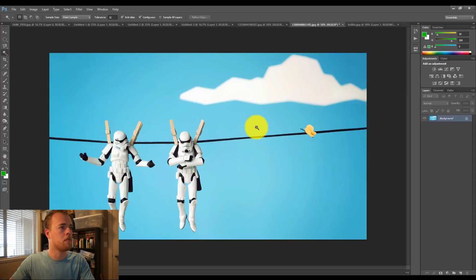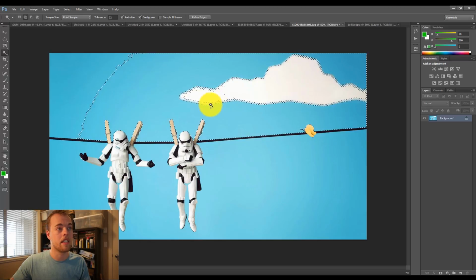The Magic Wand tool is very similar, except rather than clicking and dragging what you want to select, it tries to do it all in one step. So by clicking here, it simply viewed what part of the image was directly underneath the wand, and it saw, oh, it's the blue part of the image, so I'm going to select everything that's that exact shade of blue around. And by holding Shift, I can add more. If I'm not holding Shift, it will just start a brand new selection. If I keep holding Shift,